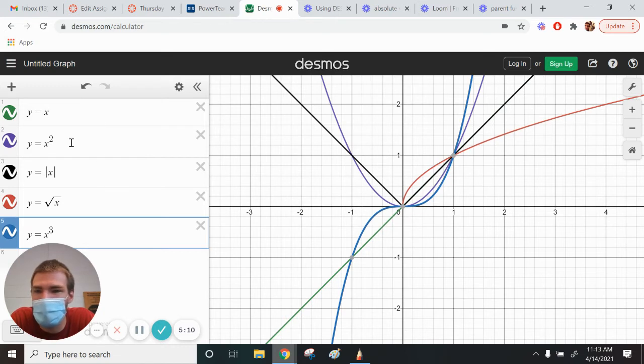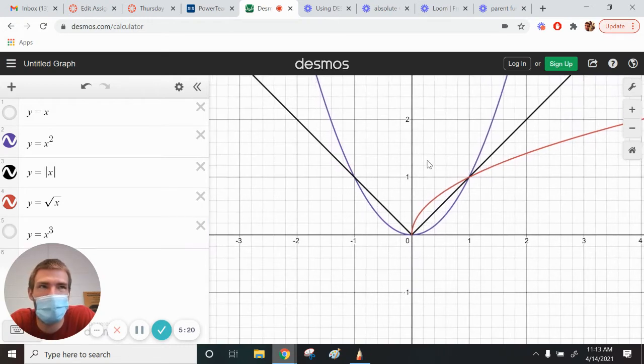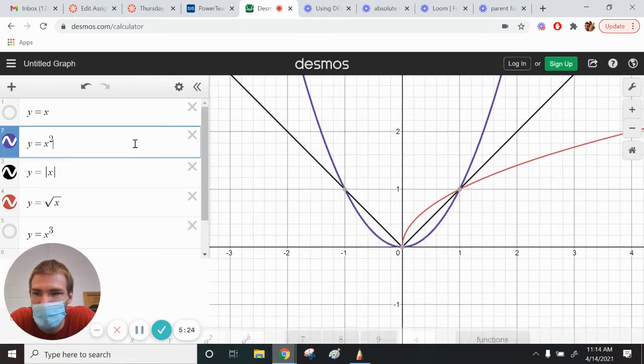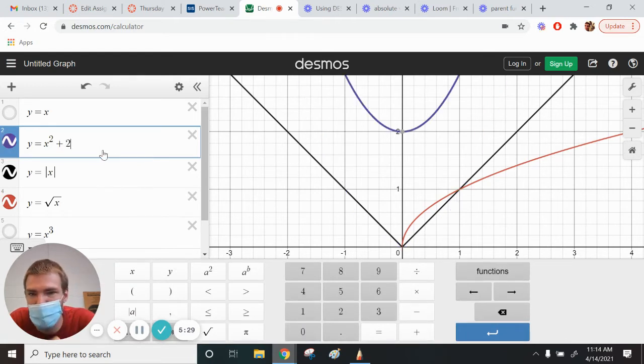And so the way I'm going to demonstrate that to you is let's go ahead and turn off the linear and turn off the cubic, okay? So let's work with just three of them because I know it's crazy when you have more than this. When I'm working with just these three, if I go up to my quadratic and I put plus 2 at the end,